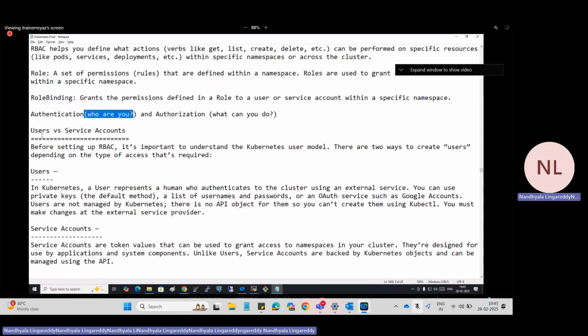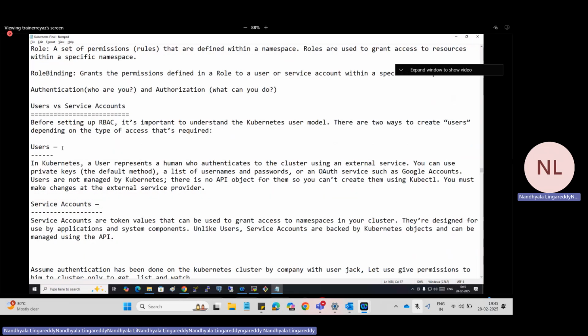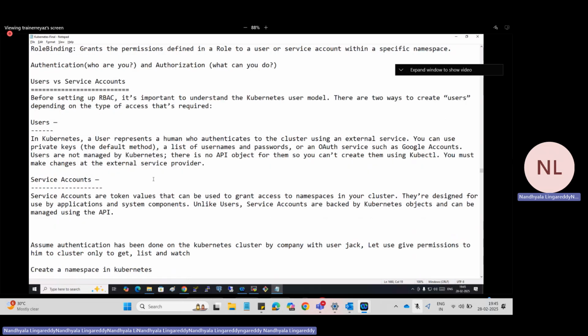Okay. Before setting up RBAC, it's important to understand the user model. There are two ways to create users depending on the type of access required. One is users and the other is service accounts. For users, we need to use external service providers.